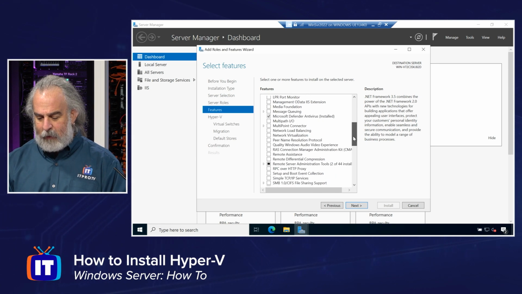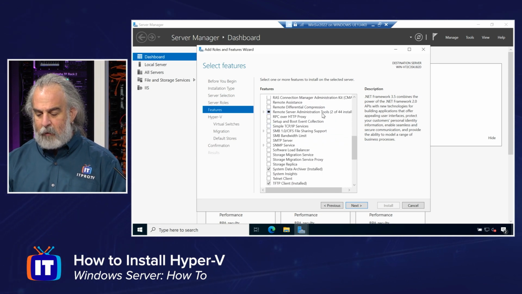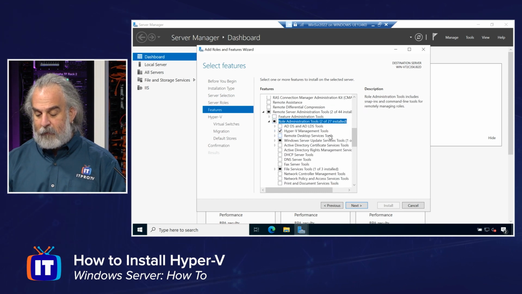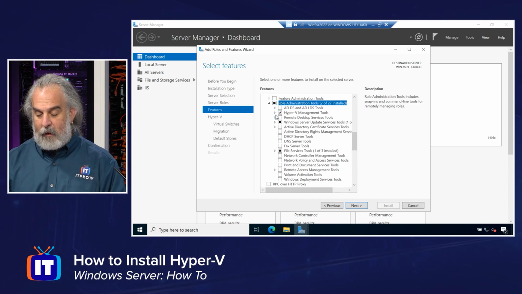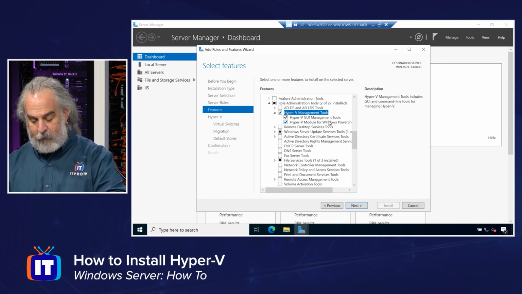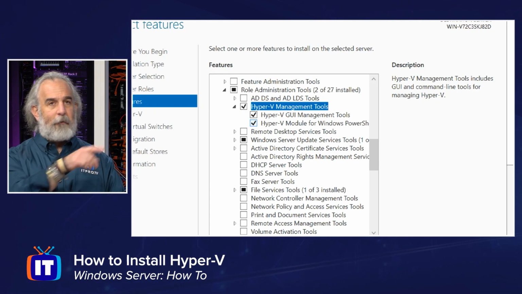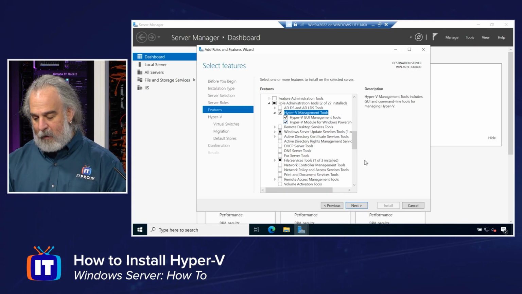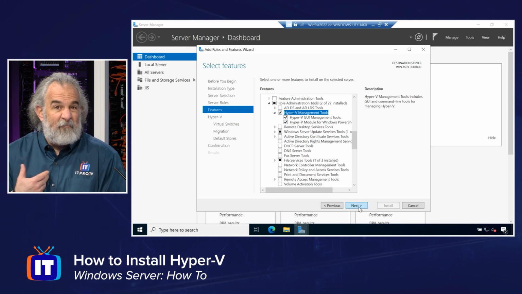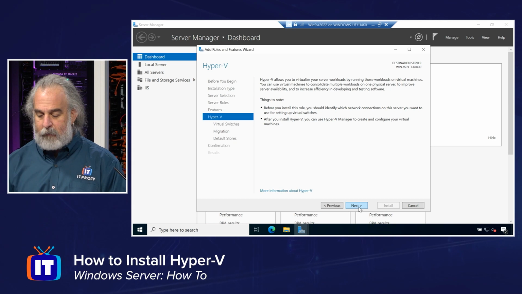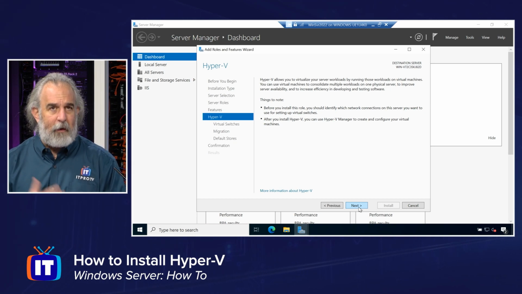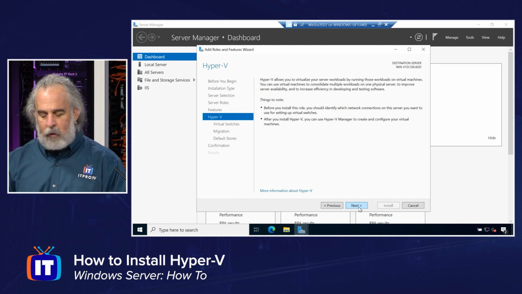When we come down here, we can see evidence of that under Remote Server Administration Tools. We open that up under Role Administration Tools, and you'll see under the Hyper-V Management Tools area that they're already selected for us. Microsoft did all that. All we need to do is simply keep going. If we don't know where they are, or we do, doesn't matter. It's already configured for us. We'll click Next. We get a little overview screen explaining what Hyper-V is, things to be aware of. We're good with all that. You can certainly read that on your own.